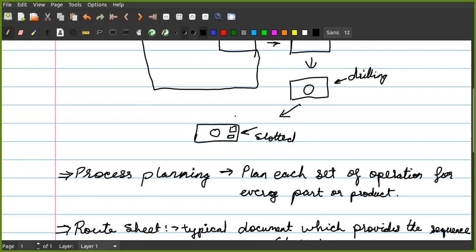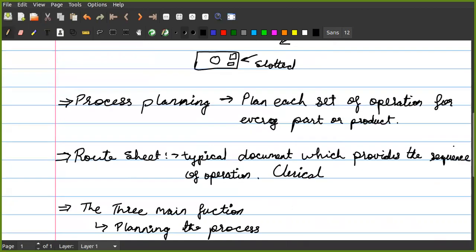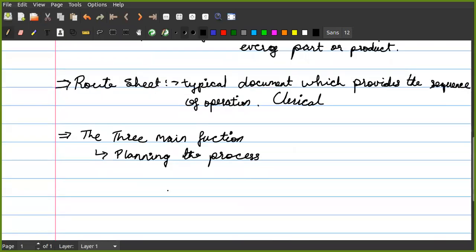This depends not only on the part, but also on your process layout, as we were discussing in the last class regarding group technology, where the process plan is also executed in terms of the sequence of your operations. So the first thing is you need to plan the process.